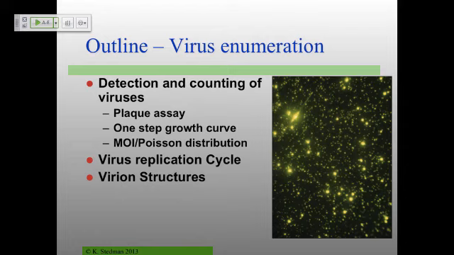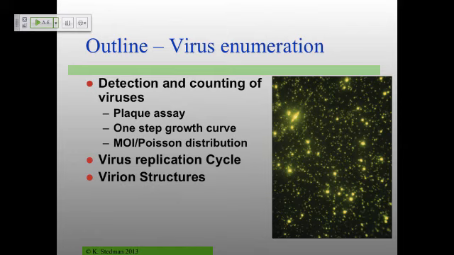If we get a chance, then we'll talk a little bit about the virus replication cycle. This is a very general look at what all viruses do, with multiple different steps. It turns out different viruses do these different steps in different ways. But every single one of them, because they're obligate intracellular replicators, I don't like to call them parasites, but obligate intracellular replicators, has to get inside a cell in order to be able to replicate. So we'll talk about that process, and then if we get a chance, again, we'll talk about virion structures, and that's why I have my nice little virus model here. Now, it may look like an underinflated soccer ball, but it's really a virus model.